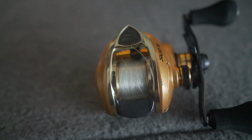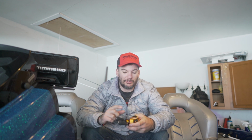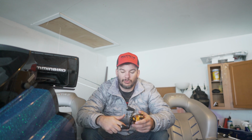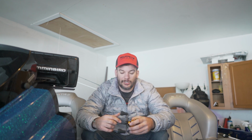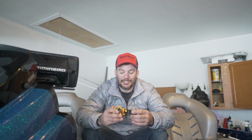Now, I first got my hands on these when we were in Columbus at the Fishing Expo with Favorite. I hadn't touched one, I hadn't used one, hadn't even seen the reel in person, and kind of liked it, but again, it's just flipping around. You're flipping a little jig into a cornhole board, so I didn't really get a chance to actually test it. Talked to the guys, ended up getting a reel sent over to me, and for the last 3 or 4